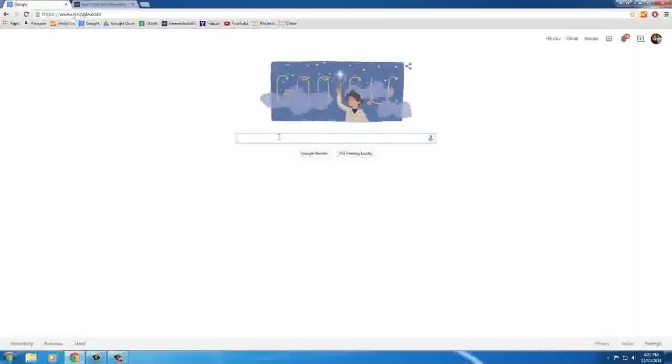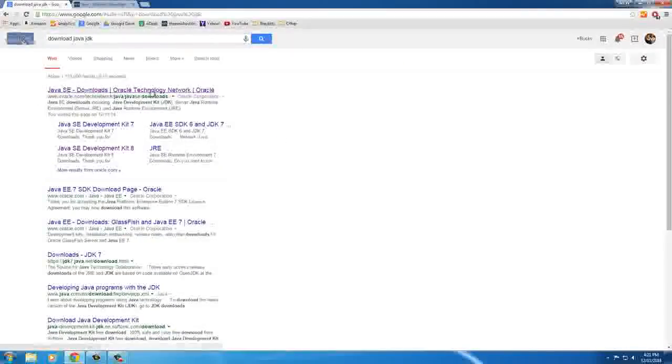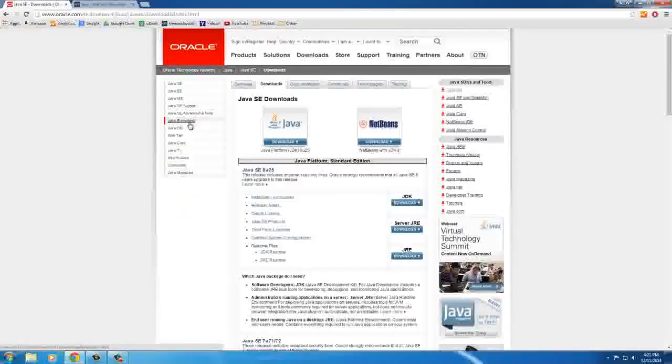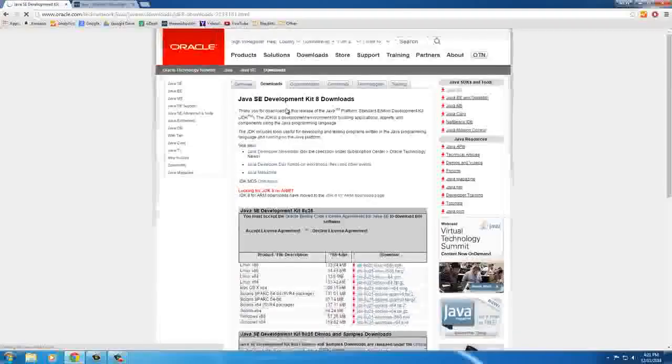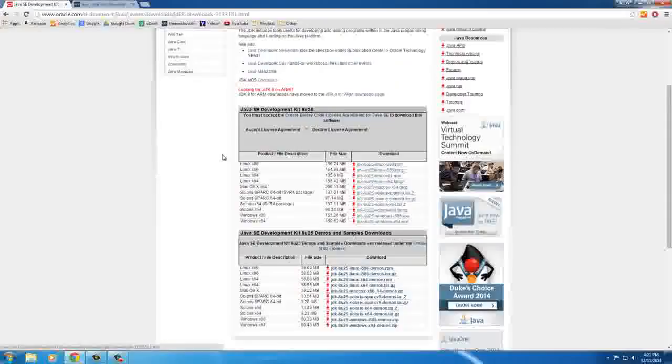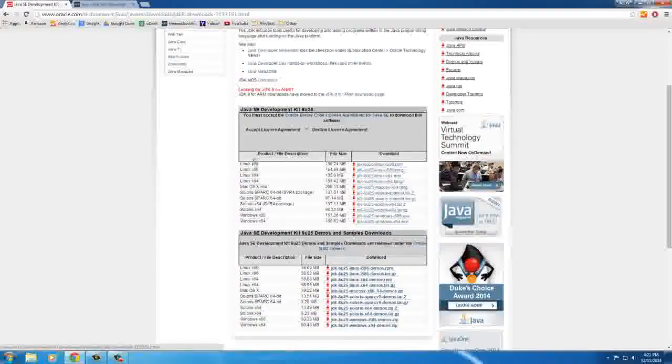The website always changes, but if you go to Google and type in download Java JDK, the first thing that's always going to pop up is the link to download this Java Development Kit. If you click right here, what we want is this Java Platform JDK right there. However, whenever we click here, we see that we have a lot of Java development kits that are available for download. Alright, so we know that we don't want Linux because I'm not on